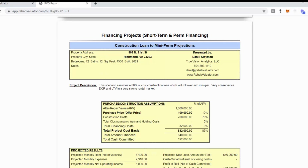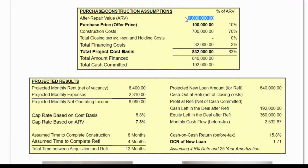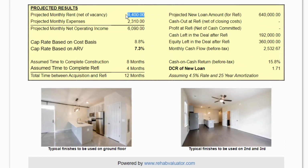And then you're going to show them financial projections. So, as-built value of $1 million, I'm buying land for this much. My total construction costs, this will be my short-term construction loan. Between land and additional costs, this is how much cash I'm putting into the deal. This is the projected net income, or I'm sorry, gross income, operating expenses, net income, and then this is my timeline for how long I need before I can roll over into a mini perm,